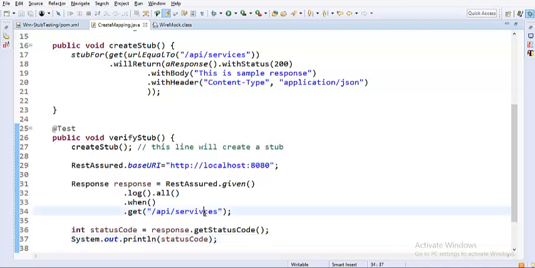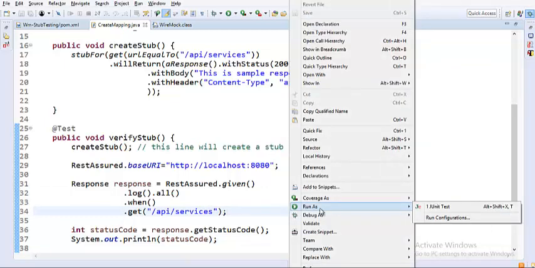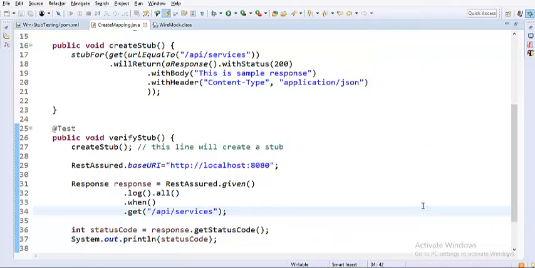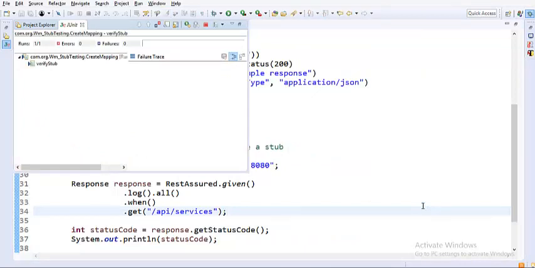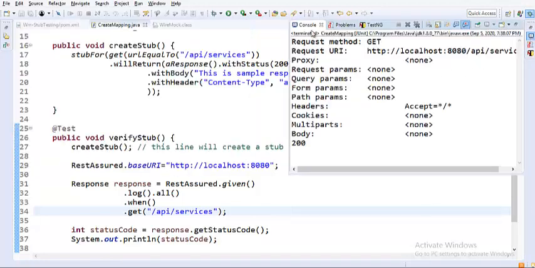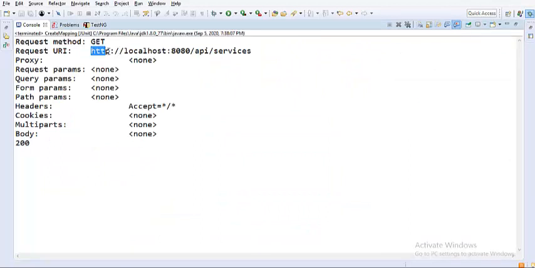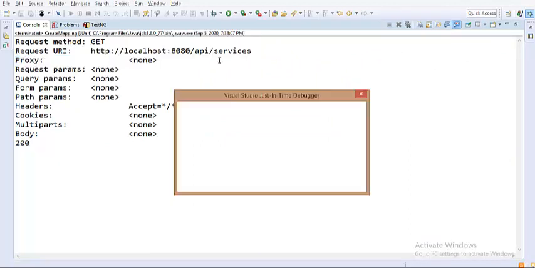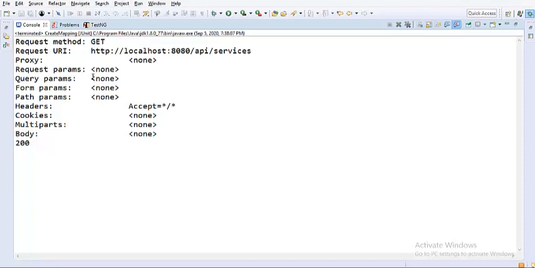I think the endpoint has actually gone wrong, so that is the reason. So there is nothing to do with the one that we have erased. So in order to make this simpler, I have just modified the code. So the test case has passed, and if I go to the console, you see the log messages are really printed, and if you have log all, this is the advantage, guys. It will tell you what is the request method that you have worked with and what is the URI, and if you have proxy settings, any parameters, any headers, all that, and you see the body has printed.